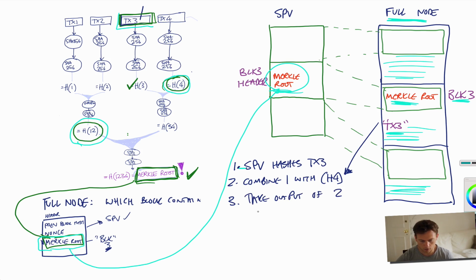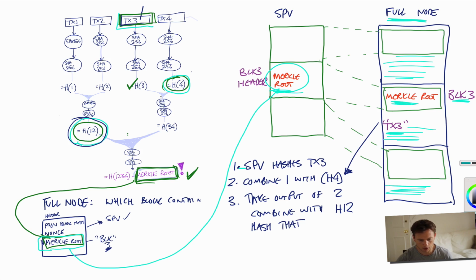and combine with H12, and H12 again was that other node that the full node sent back as part of the Merkle path, right? So combine with H12, hash that, right? And then bingo,